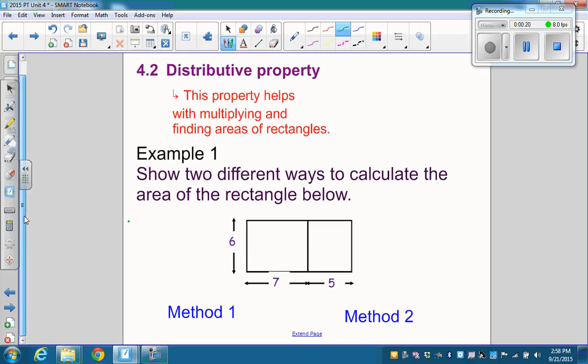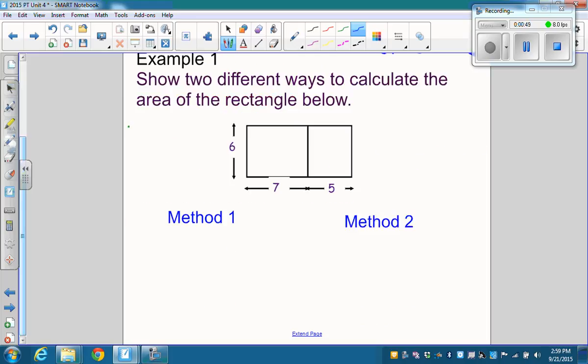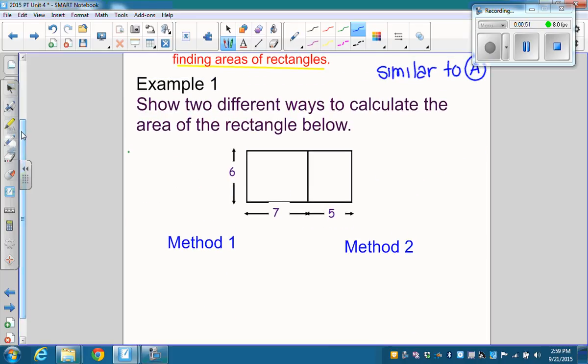it says the distributive property helps with multiplying for sure. You're going to use it a lot in finding the area of rectangles, but it's also a good brain exercise in doing a problem more than one way. So kind of like what we just talked about, that problem A1, this is similar to problem A1. Actually, all of part A. So the only thing that we didn't really do when we looked at that was you didn't do this formally,